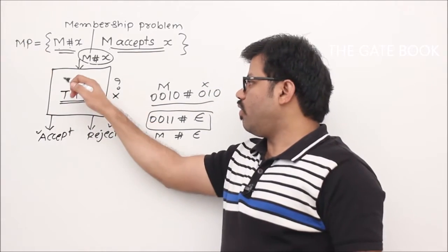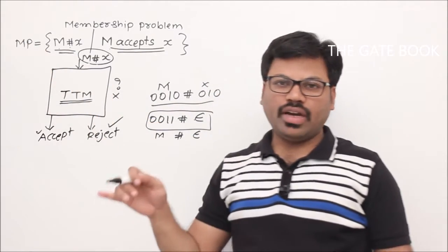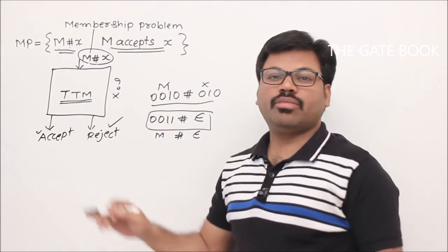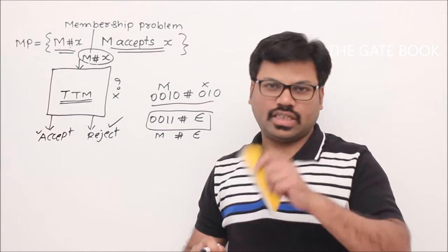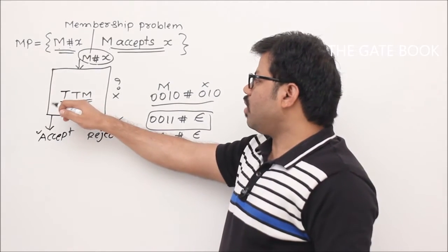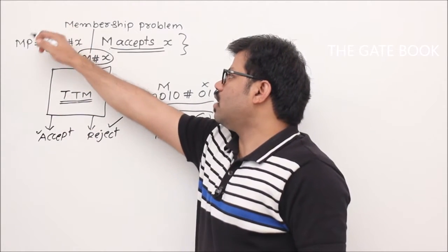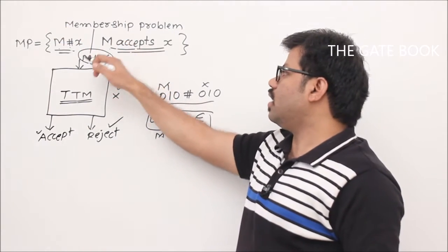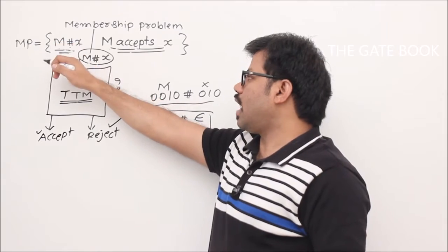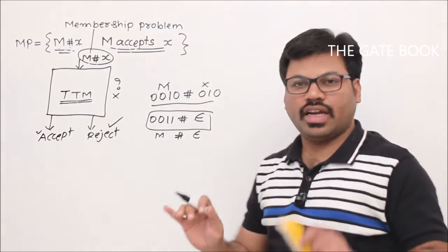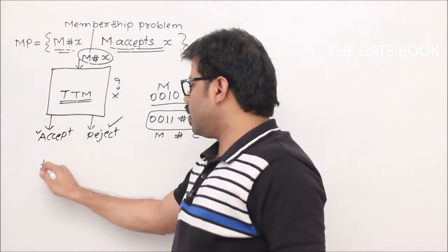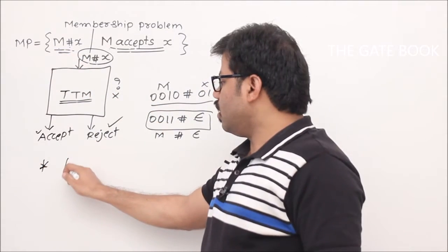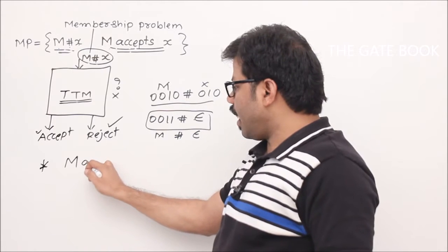So you have designed this Turing machine for the membership problem, right? So it should accept it. That's it. Okay. Finally, your total Turing machine is going to accept sometimes and reject sometimes. If this total Turing machine is designed for this language, all the strings in this language will be accepted. The condition is, this pattern belongs to this language only if M accepts x. That's why, at the end of the day, I can simply say that this is a total Turing machine of this language. Then any Turing machine M that accepts x,